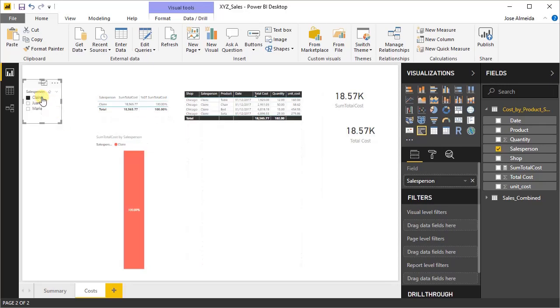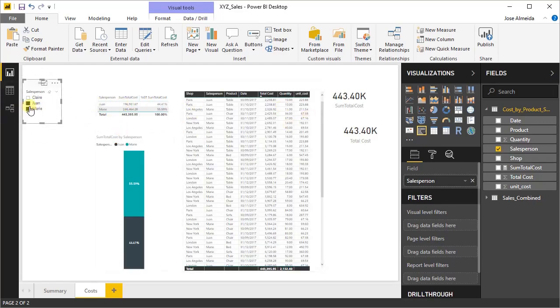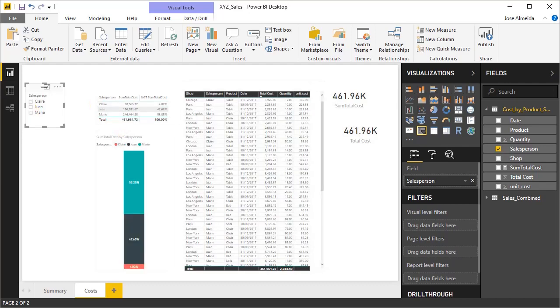So for example, if I select Claire, all the visuals are only showing the numbers for Claire. And if we select Juan and Mary, we have both here. You know these ones. You can define the way the slicer interacts with one of the charts or visualizations in